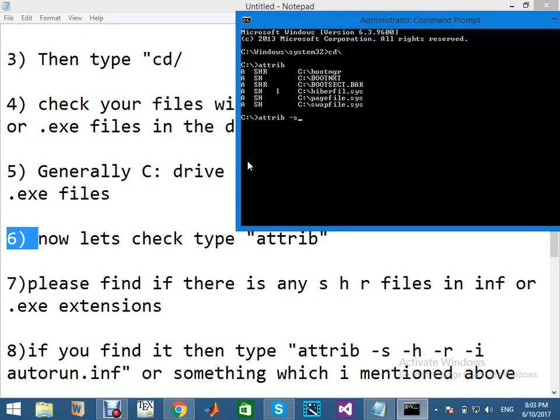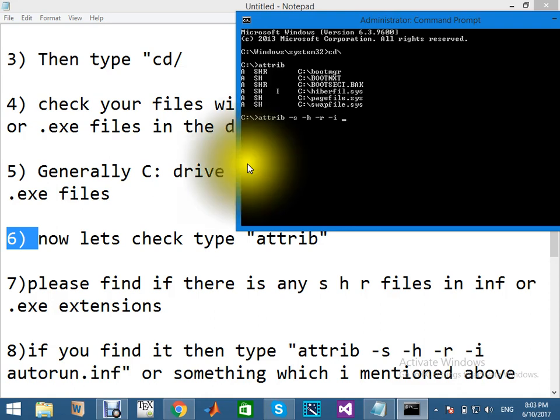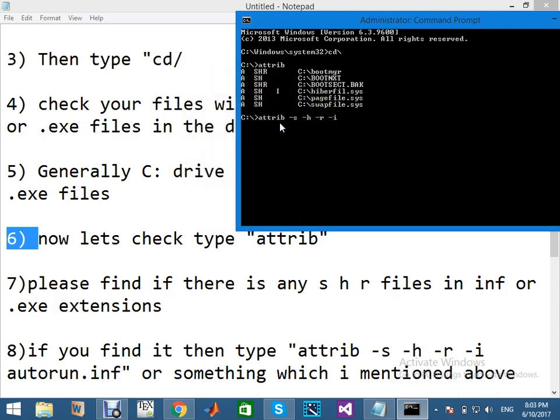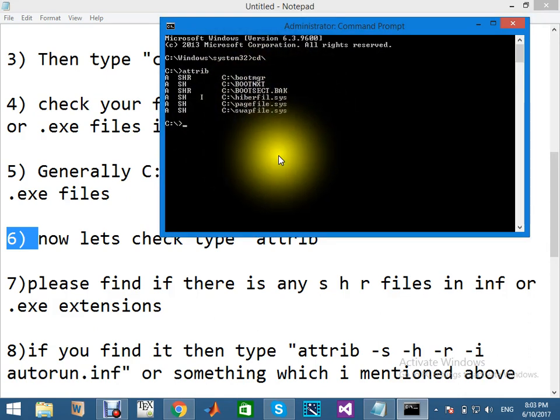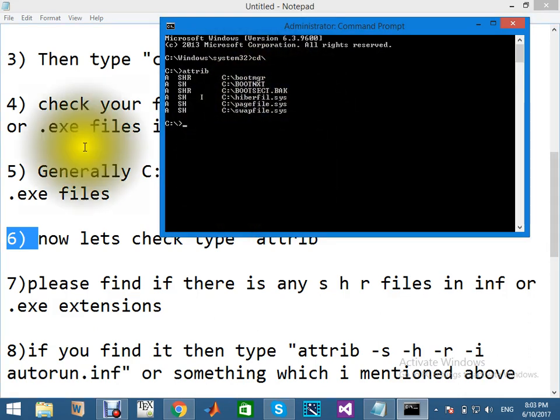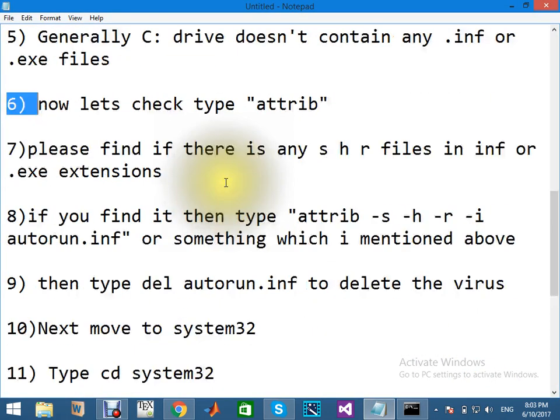If you see such extensions, just write attrib space -s, where s means select, -h means hidden, then -r to remove, and the file name. After you detect the file name, you have to type del and the name of the file to delete it. I don't have any files with .inf or .exe extensions, so I have to move forward.